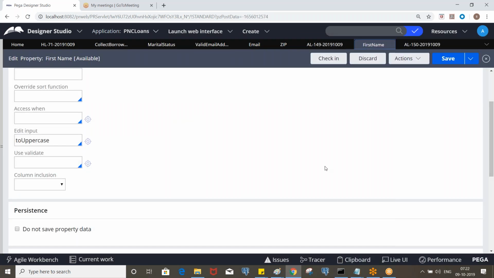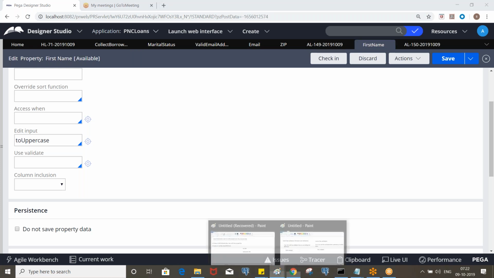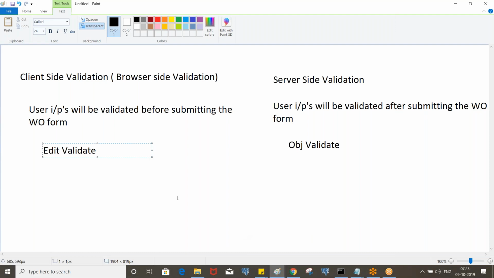Let's say we have a requirement where you need to convert the format of a phone number. If we enter 10 digits, it has to be in the US format.